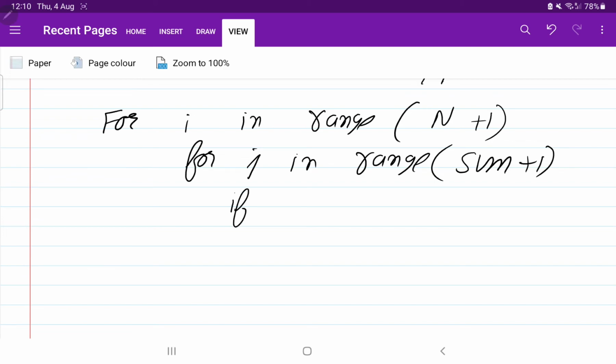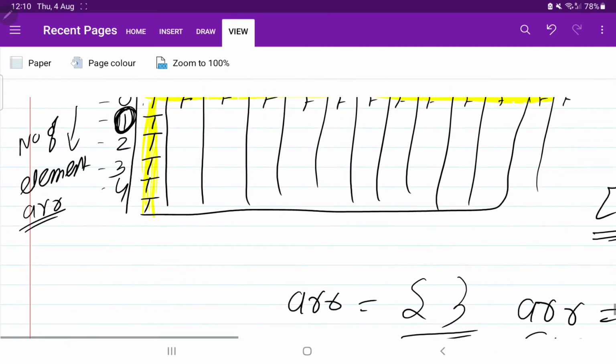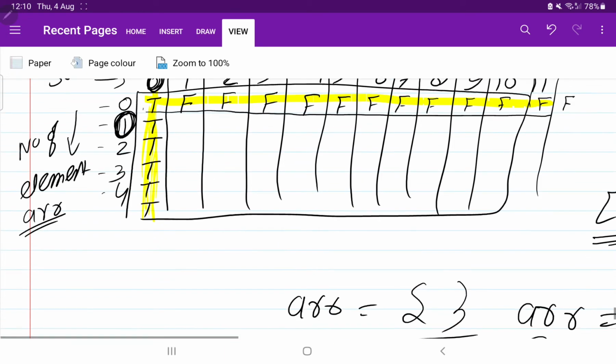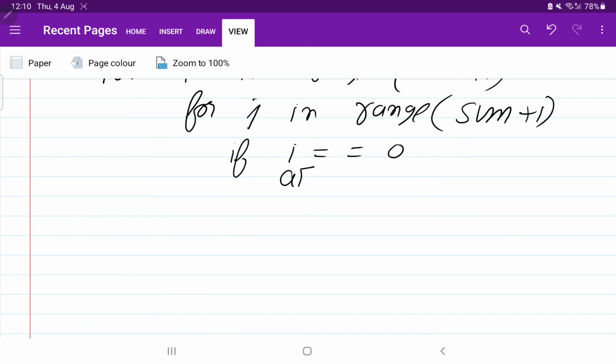If i equal to 0, I equal to 0 means we are talking about this. So the element should be false. So first of all, a of i comma 0, it should be false. Yes, a of i comma 0, this should be false.